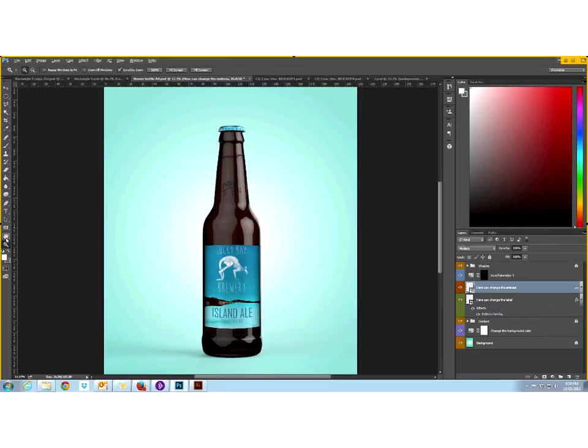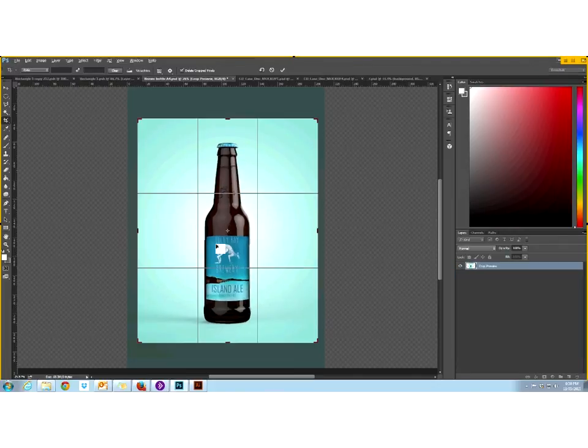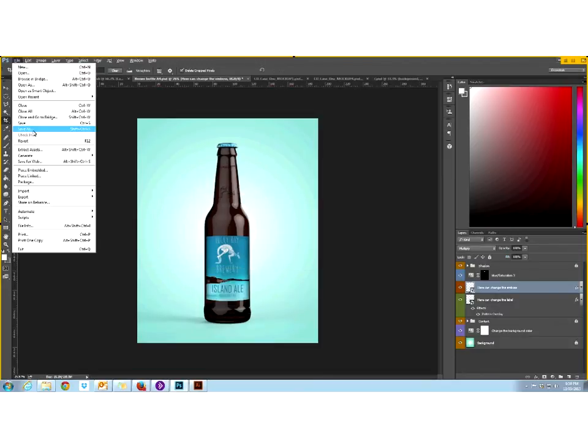If this one was mine, I would probably crop it as well, because I think there's a little bit too much background going on, so I'll probably crop it down. So what you would do from here on in, let's just, sorry, I'll just take it so I can see the whole thing. I'll pick up my crop tool, crop it down a little bit. I don't think we need quite that much space around that bottle. It's better. Just make it a bit more central. Say yes, and then you can File, Save As,